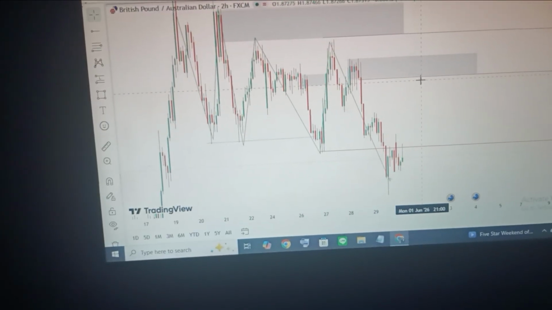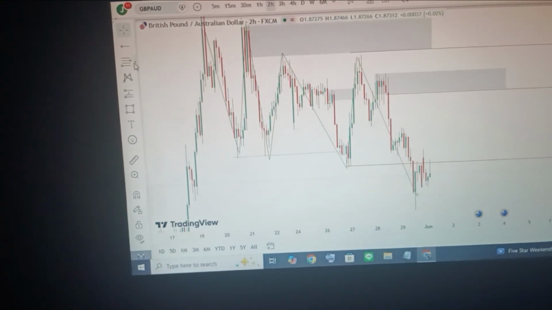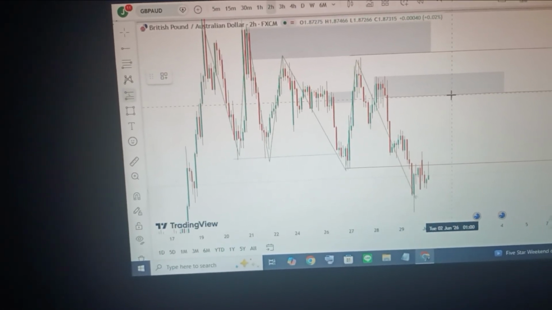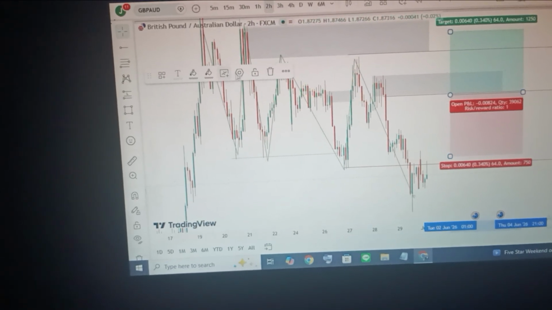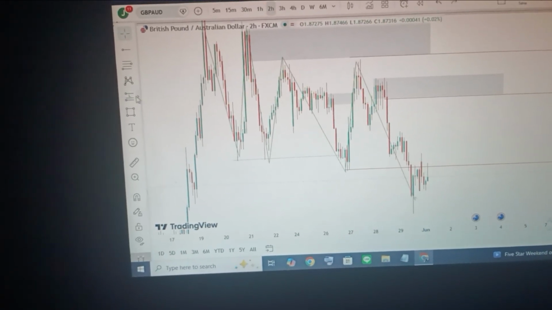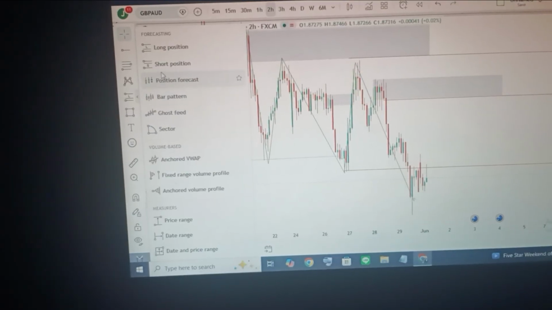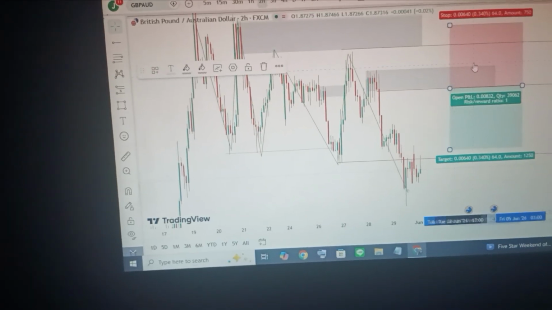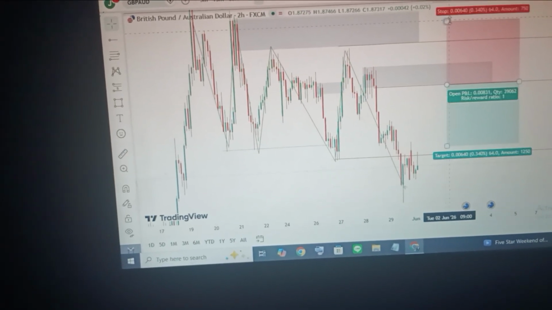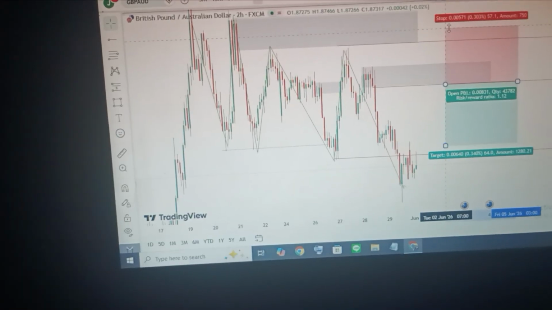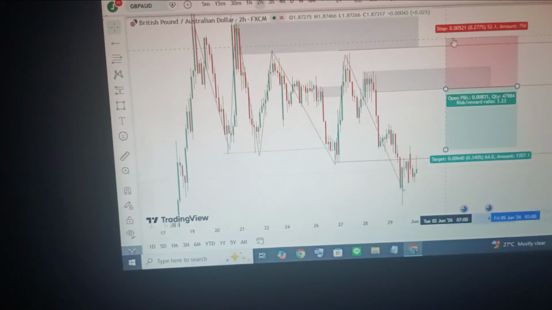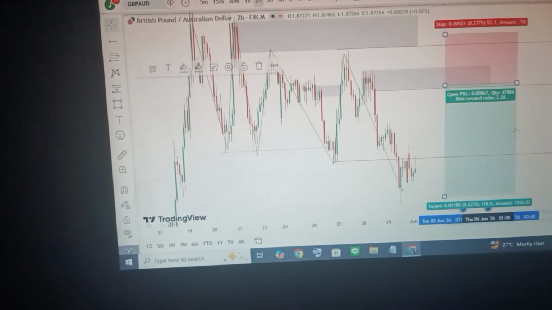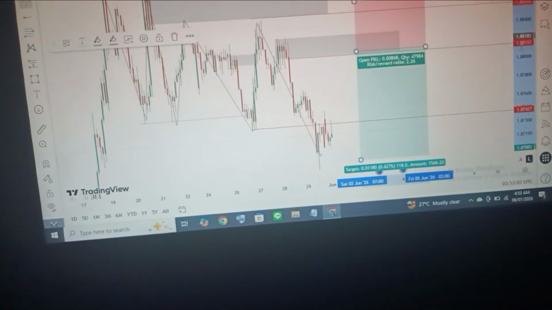So currently, this is what I'm really looking out for. I'm looking for a sell in this market. I think here, but sorry, it's not a buy, it's a sell, and here. Depending on your risk tolerance, your stop loss should stay at least above here, and your TP can come,